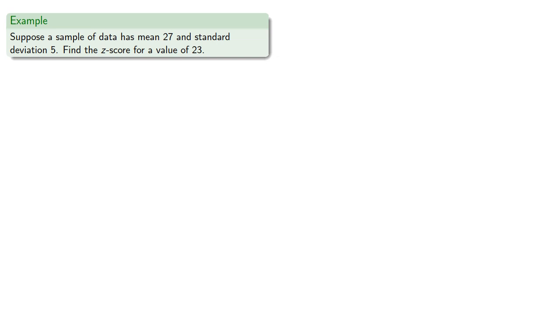For example, suppose a sample of data has mean 27 and standard deviation 5. Find the z-score for a value of 23. We find